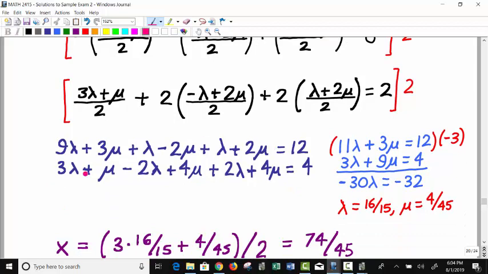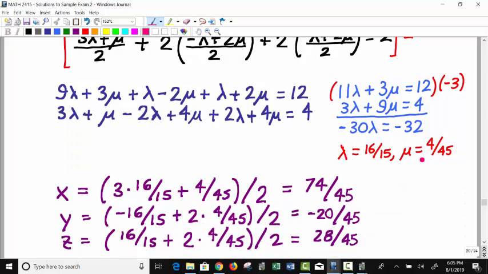And then just kind of add the like terms up. That's easy enough. Just add the like terms, and you'll get this pair of equations over here. 11 lambda plus 3 mu equals 12. 3 lambda plus 9 mu equals 4. And then I multiply top equation by negative 3, elimination by addition. So that way when I add together, the mu's will cancel. So I'll have negative 33 plus 3 is negative 30 lambda. Negative 36 plus 4 is negative 32. Lambda equals, mu equals, all